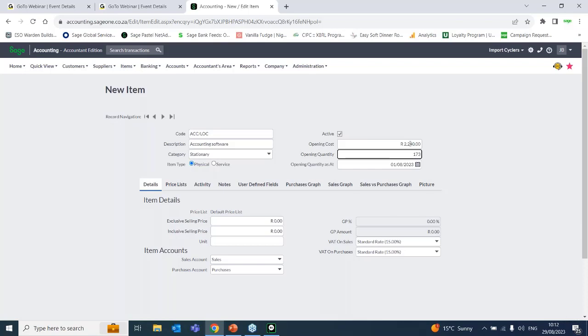If you do not enter the opening cost, the opening quantity, and the opening quantity as at, if you then go and sell that item, for example, if you skip this step and we had to leave this as 0, we can still go, because I've entered my quantities, I've forgotten my opening cost, and I've said it's on the 1st of August. If I now go and sell this item, it is going to give me 100% gross profit. That means that SARS is going to look at this and go, ooh,